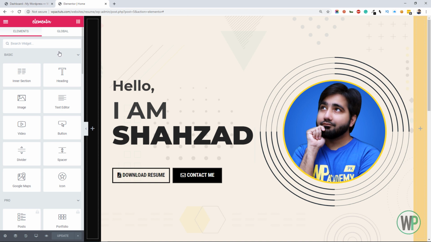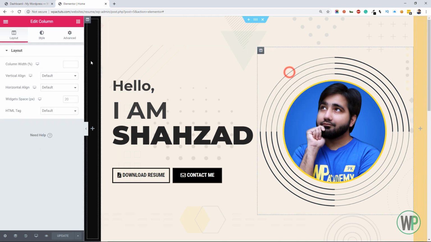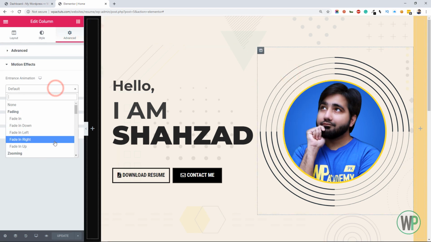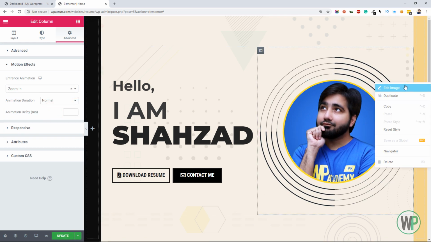Okay, now let's give some beautiful animations to these columns and images. Go to advanced motion effects and you can select various animations for the sections and widgets there.